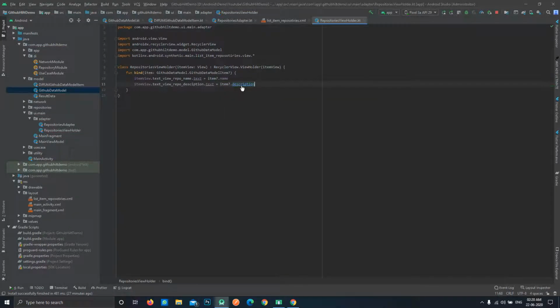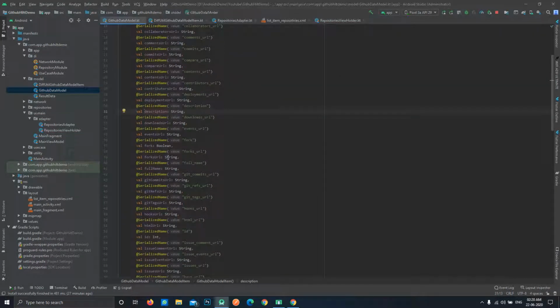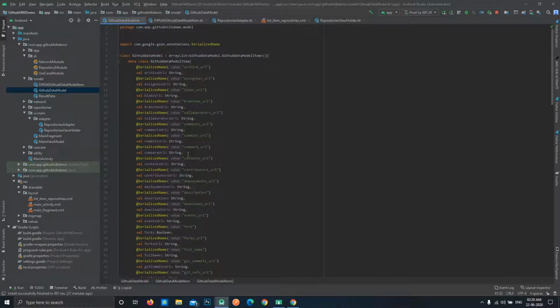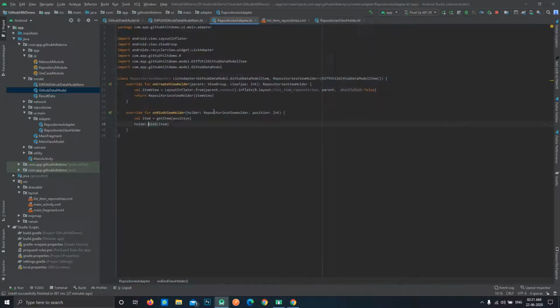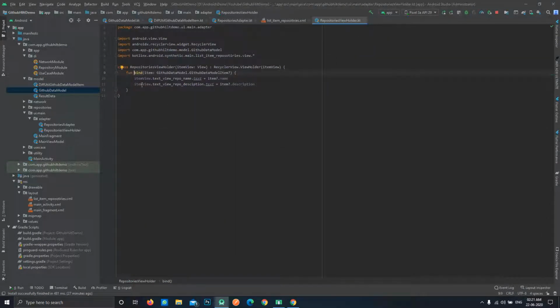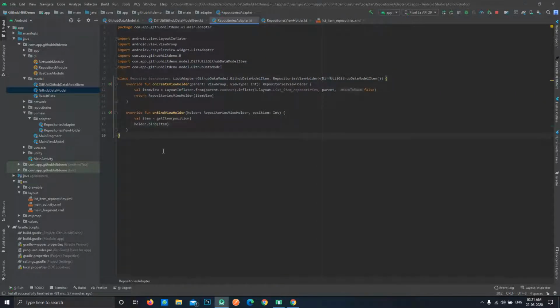Okay, so here you can see there are multiple things. You can use any of them as per your requirement, but in our case we are just showing the name of the repository along with the description of the repository. So till now what we have done is we have actually created our full-fledged adapter class itself. You can see how small this adapter class is.